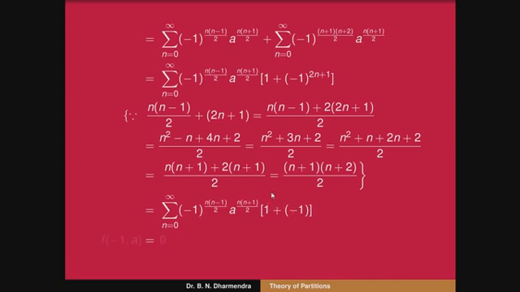So, for 0 into that series, that is equal to 0. Therefore, (-1)^(-1) f(-1, a) is equal to 0. Once again, we can show this result in terms of an infinite product, that is in terms of the Jacobi triple product identity, that is (-a; ab)∞ (-b; ab)∞ (ab; ab)∞.